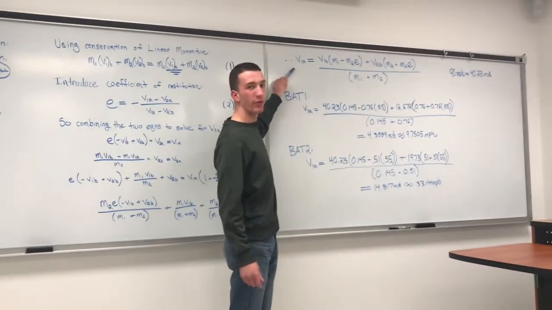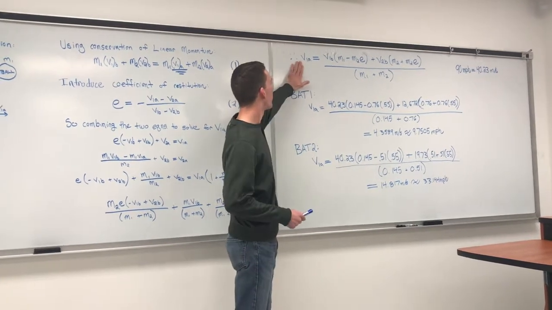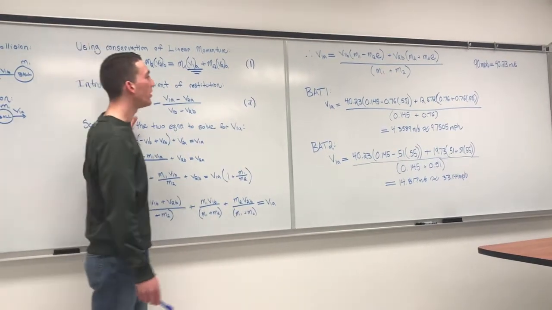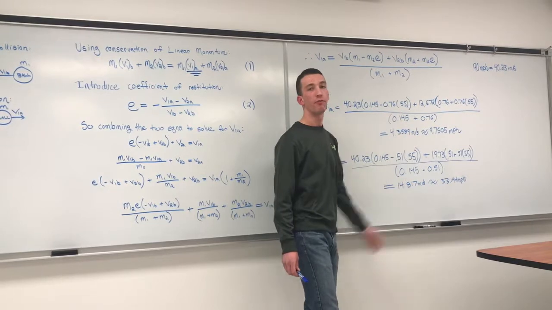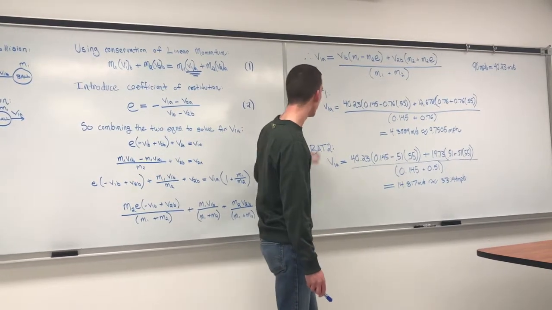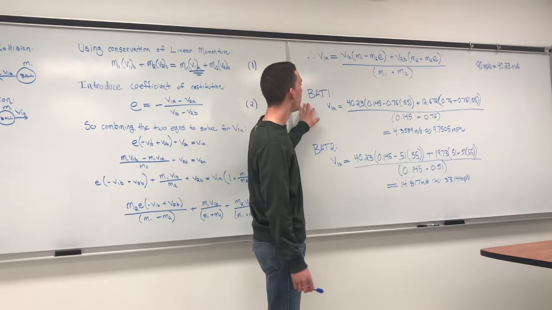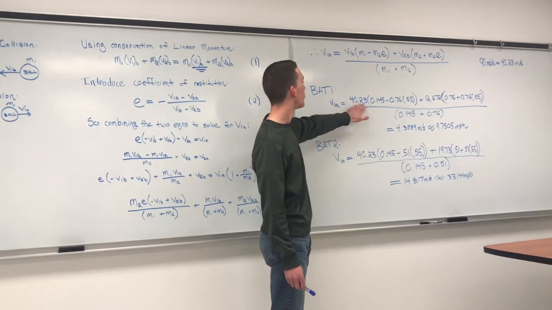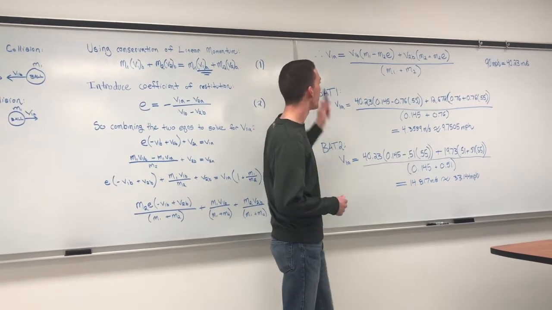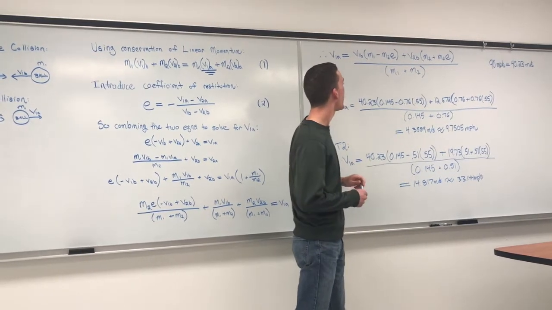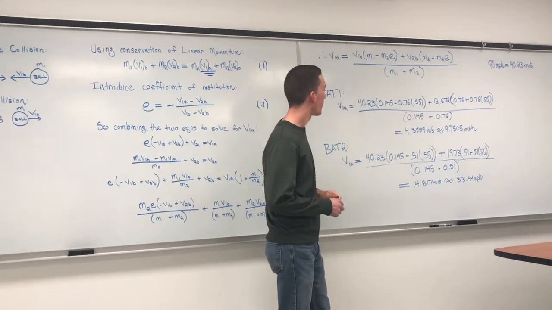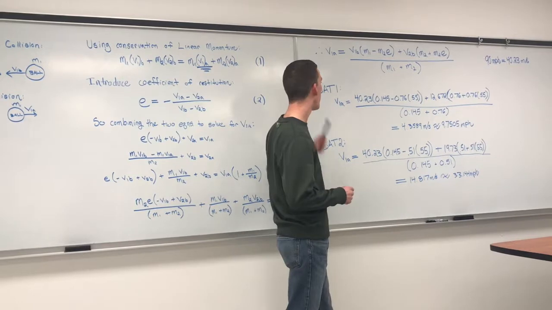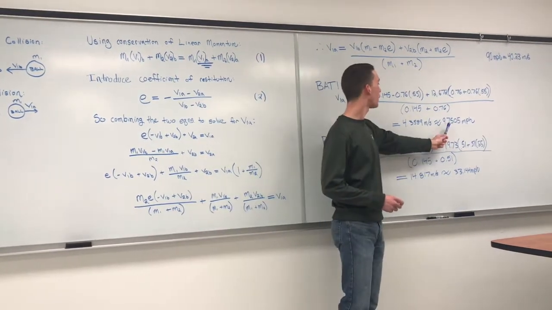So as you can see over here, this is the final solution that you come to, which solves for the velocity of the bat after the collision by using the coefficient of restitution, which in this case is 0.55 for both cases. So for bat 1, we essentially plugged in the initial velocity of the ball, which was 90 miles per hour, and that translates to 40.23 meters per second. And then essentially fill in the rest with the mass of the ball and the bat, and then our coefficient of restitution. So by doing that, we find out that the velocity of the ball after hitting bat 1, which is our heavier bat, has a velocity of